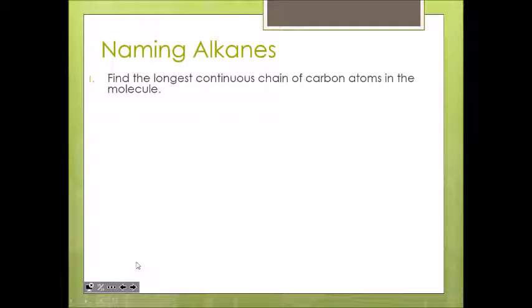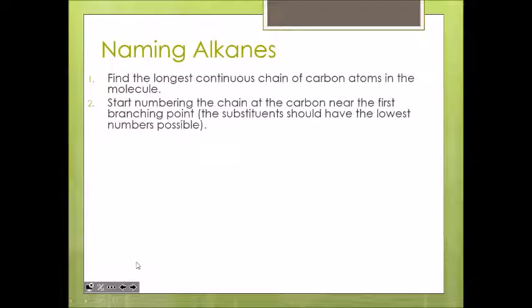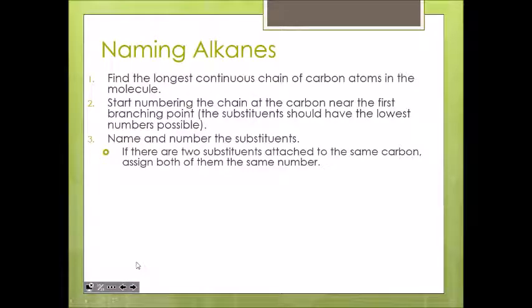So we're going to go through a process of naming and start an example. I don't know if we'll finish it, but we'll start it. First thing we're going to do is find the longest chain. Count the atoms until we find the longest carbon chain. Second thing is we're going to start looking at the substituent groups, the ones that are branched off of the main chain. We're going to start counting them and labeling them. And of course, we're going to do it based on the lowest numbers possible for the carbons. We're going to name those substituents. We're going to attach the correct number to them, okay? And we're going to write out the name of the molecule.